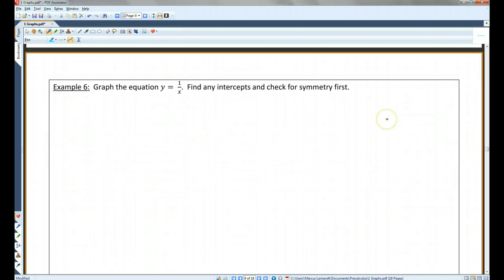Alright, graph the equation y equals 1 over x, find any intercepts, and so on. Let's do the same thing. So I'm going to plug in 0 for x. Now, hopefully you guys know you cannot have a 0 in the denominator. This is undefined. Because if you think about it, how many times does 0 go into 1? You can add 0 plus 0 plus 0 forever, and you would never get to 1. That's why it's undefined. You can't have a 0 in the